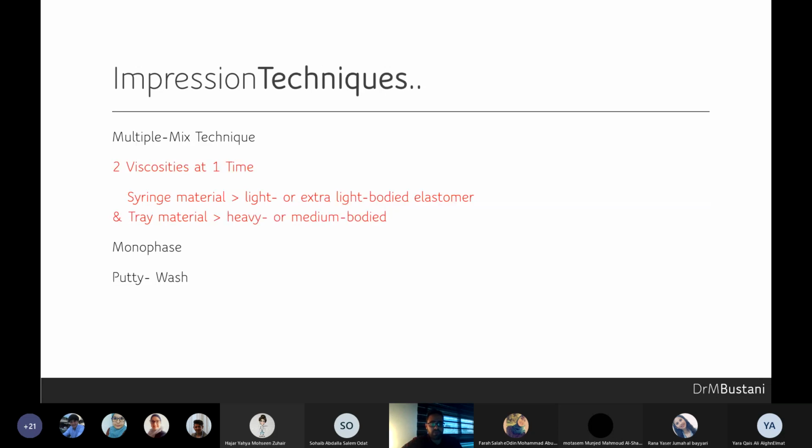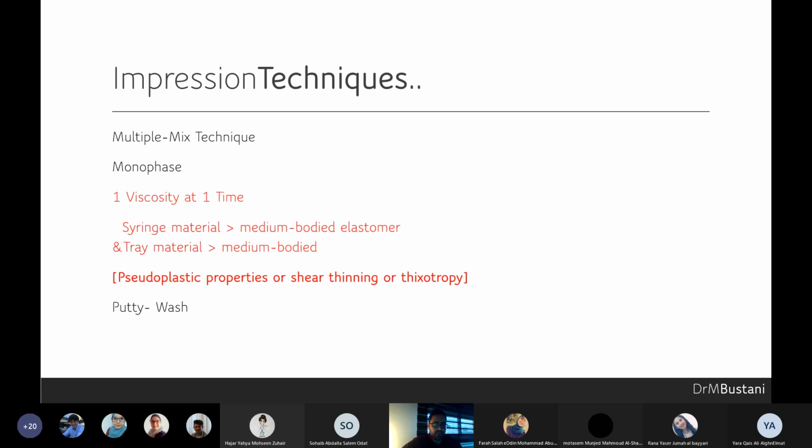And then before the light body starts to set, you will insert the tray with the medium body or the heavy body material on top of your light body in the patient's mouth and wait until they set both together. Okay. The other technique is to have a monophase or one viscosity, which is usually a medium body material,